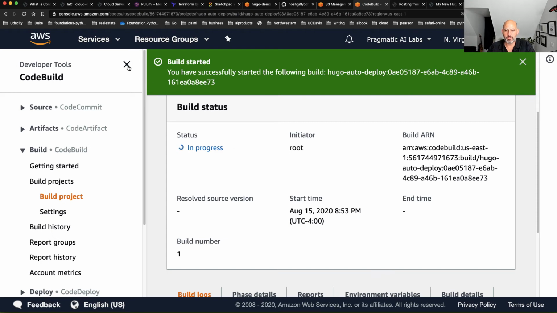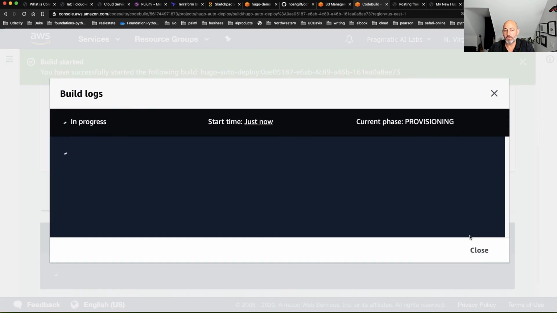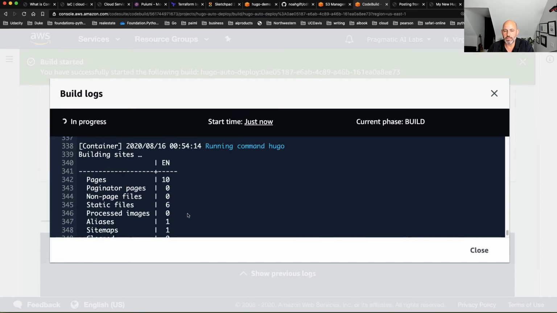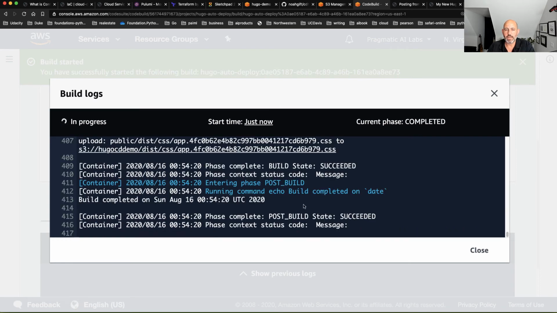I can close this to give it a little bit more room. And I can look at the logs as well, which is pretty neat. So if I was working at, say, the Wall Street Journal or something, and I set this up for them, we can say, wow, look at this. Look how quick I built it. I deployed it. It looks pretty good, actually. Looks like it's ready to go. It's a very quick process that we're doing.